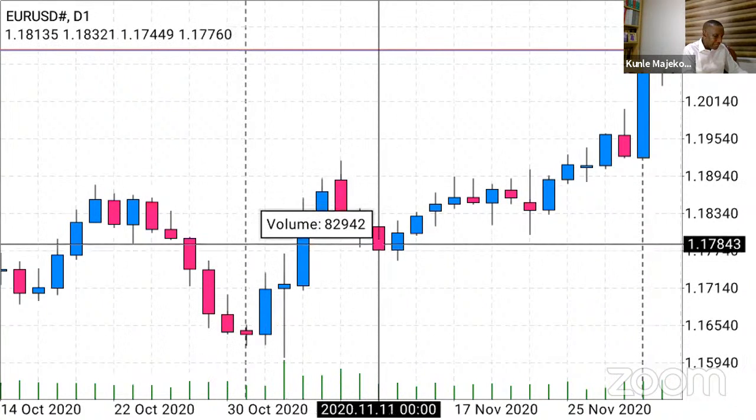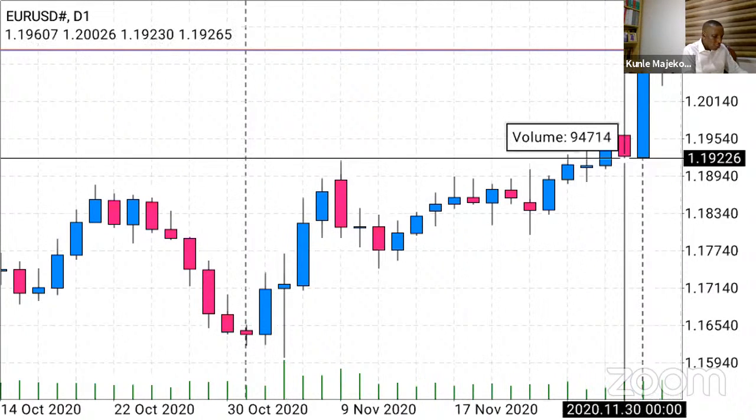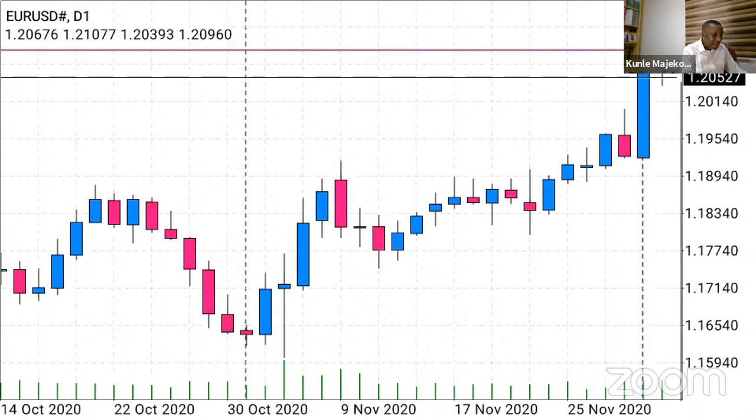Of course, if you come down again, there's a pullback. It goes up again, pullback. It goes up again, pullback. Now it's still rising. This is the upward trending market. If I want to take this trade, my mind is telling me that I should go for a buy. But let's see.